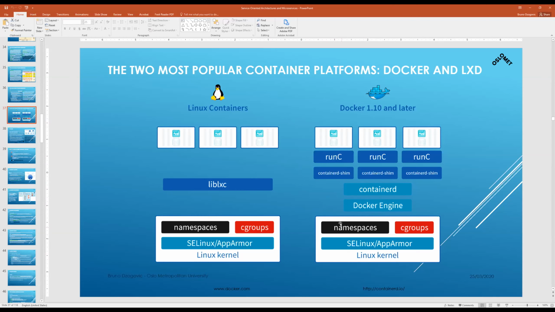So in the containerd version of Docker, let's call it like that, there are small daemons, small services more or less, that run in the containers environment in order to connect it to the Docker engine. So this is a more straightforward approach. It's a little bit more complex than what the libLXC offers, but that's what makes it very different from others. What does that mean?